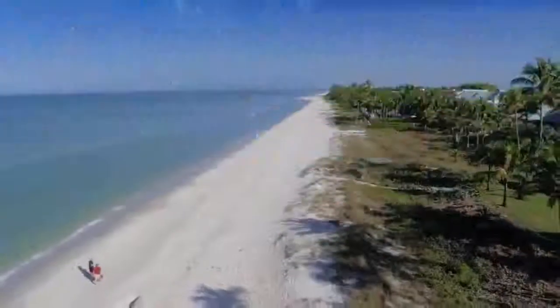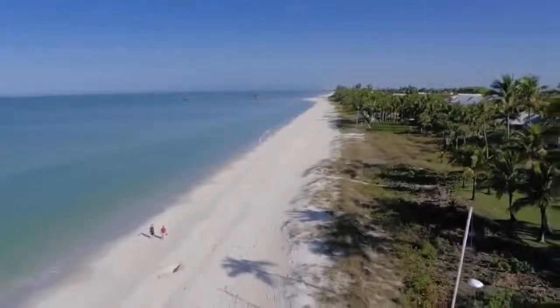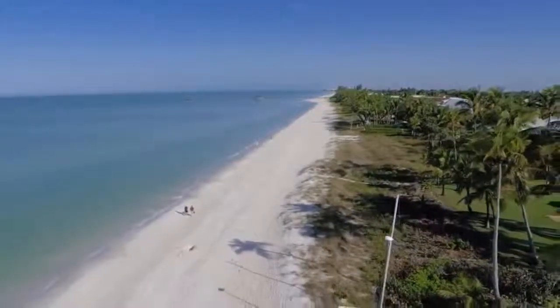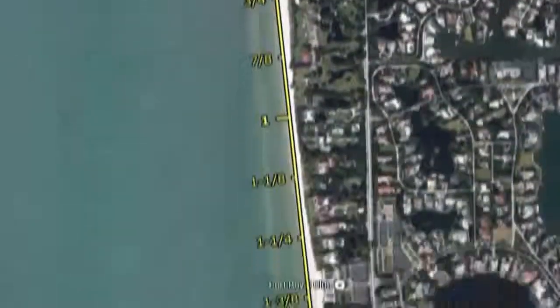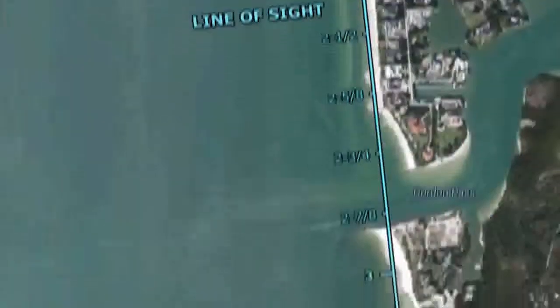Because of Florida's ever-rising water levels over the past 118 years since the survey, and because Naples Beach is a luxurious haven for the wealthy, the manicured beach of today looks slightly different than from the line illustrations that the Crescents provided. The survey started at the still-standing Naples Pier and extended southward for 4 1/8 of a mile. 2 3/8 of those miles were measured with the rectilineator apparatus, and the remaining 1 3/4 of a mile were